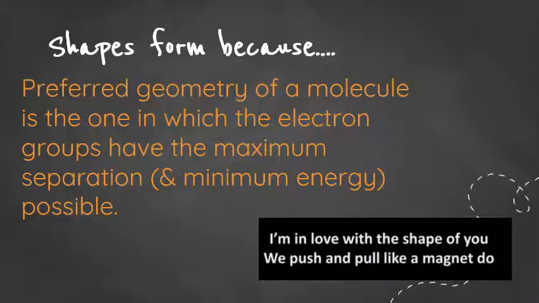And so our shapes are going to form based on this kind of textbook definition here, that the preferred geometry of a molecule is the one in which the electron groups have the maximum separation, which therefore is the minimum energy possible. There's a section in the song that I've been playing, The Shape of You, in which it says,